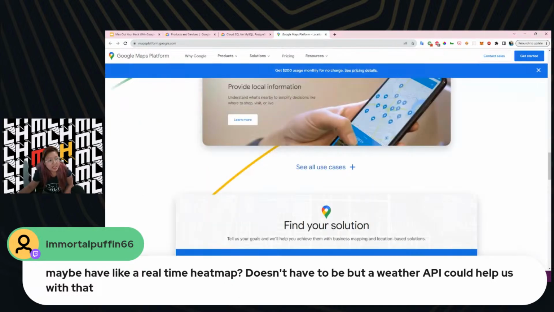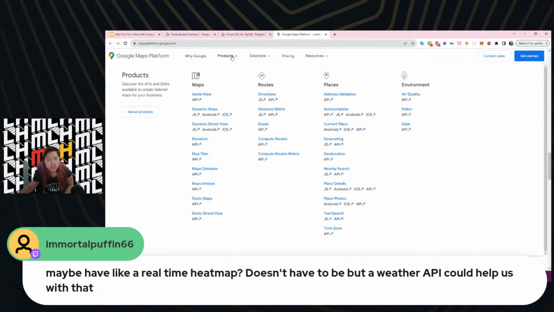And then relating back to Immortal's suggestion, this environment one, which is actually a fairly new addition to the Maps platform, the air quality, pollen, and solar might be cool. So out of the three of them, solar sounds